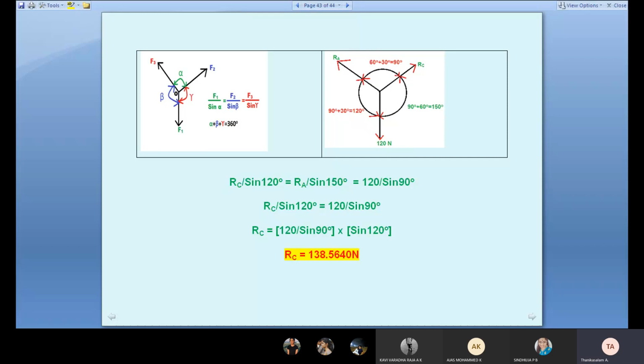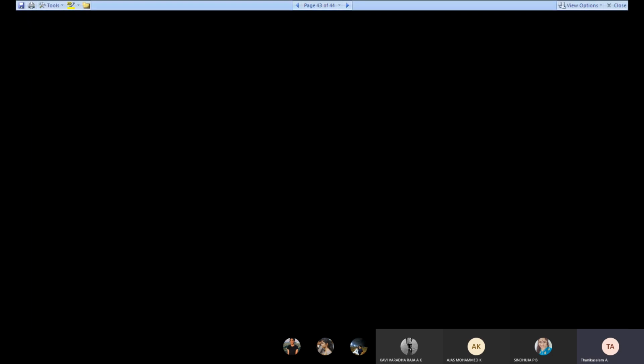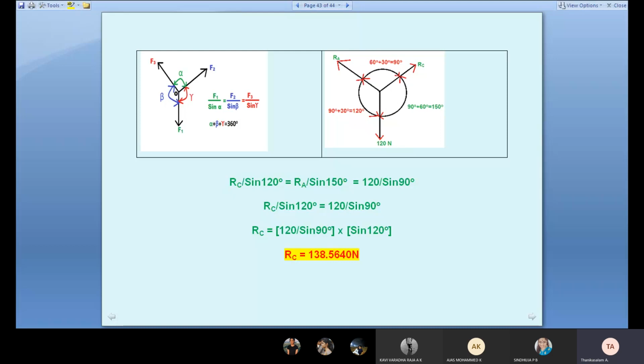Students, while taking moment, you have to find out which force gives moment and which force does not give moment. That's the very first step. How do you identify? First, when taking moment, locate the reference point. Any force that goes through the reference point or away from the reference point, you do not consider for moment. Then apply the force times the perpendicular distance. We applied it, we got X.